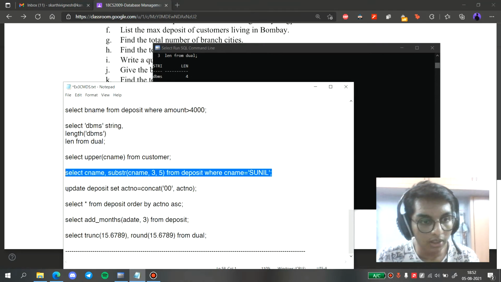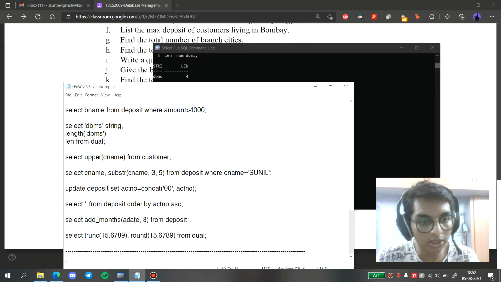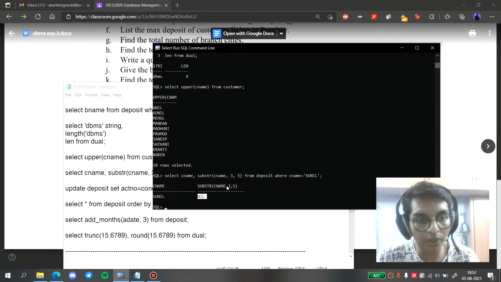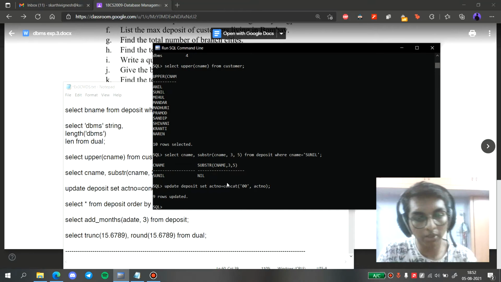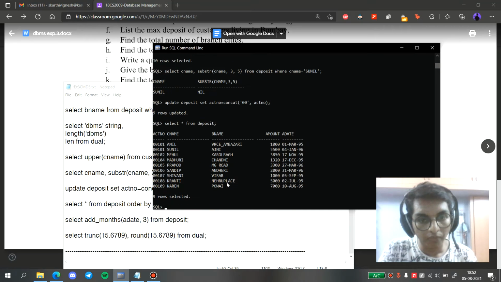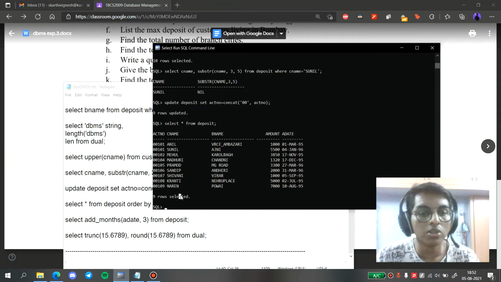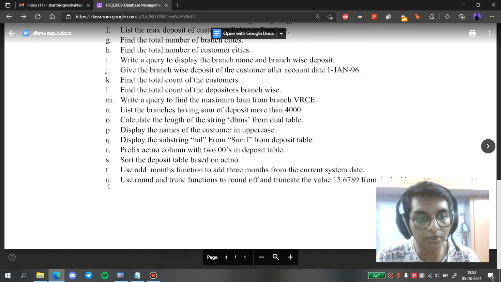So we give update deposit, the table name, set account number equal to concatenate double zero and the existing account number for each value. After executing this command, we give select star from deposit. As you can see, there are 2 zeros in every account number now. So the command worked as we expected.